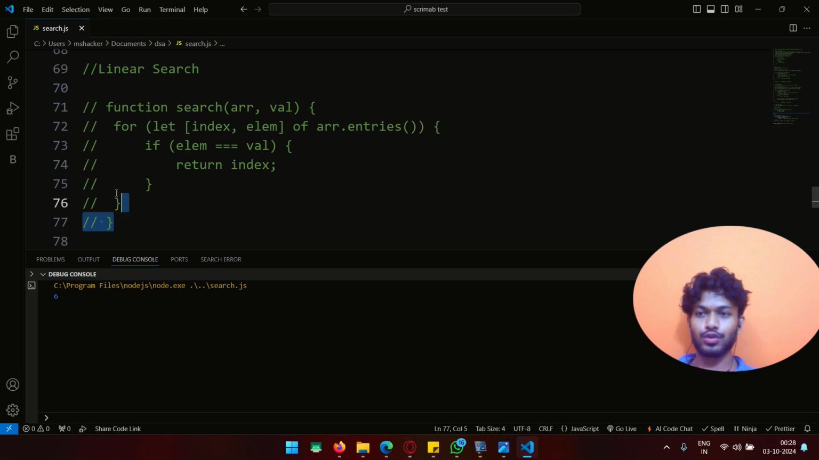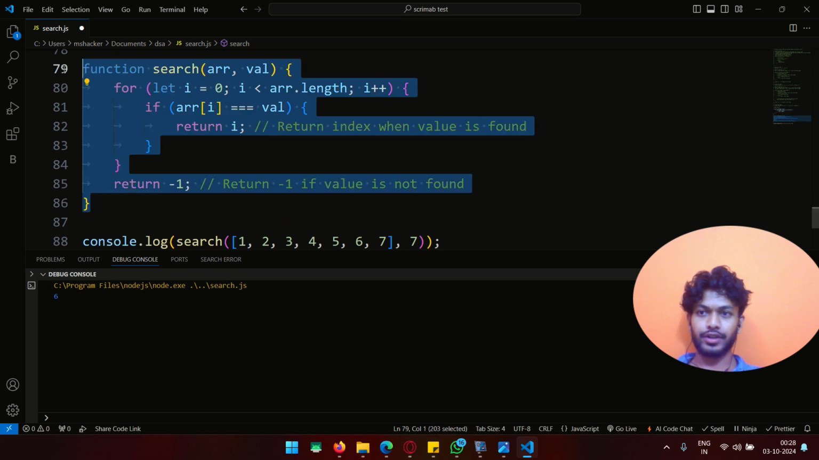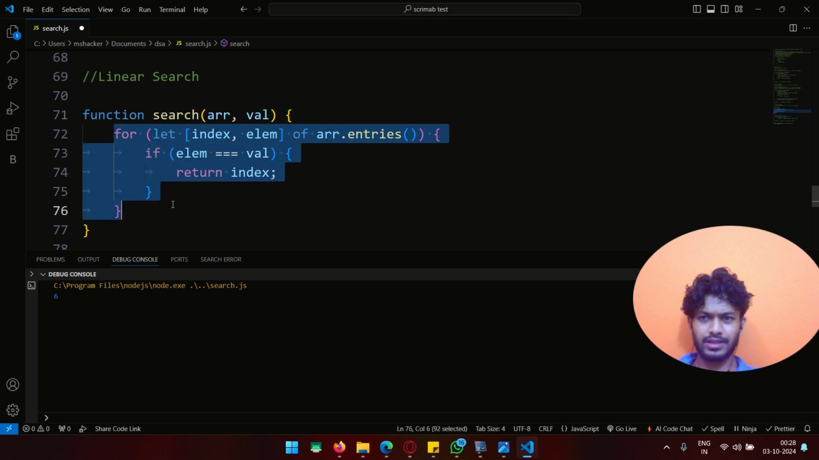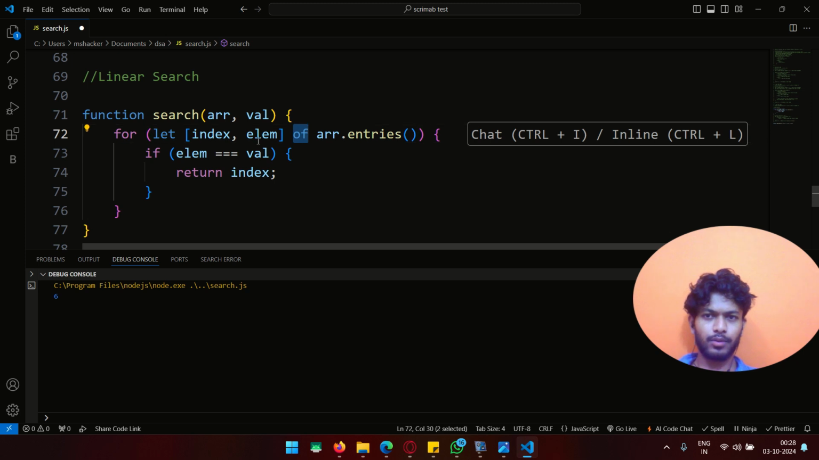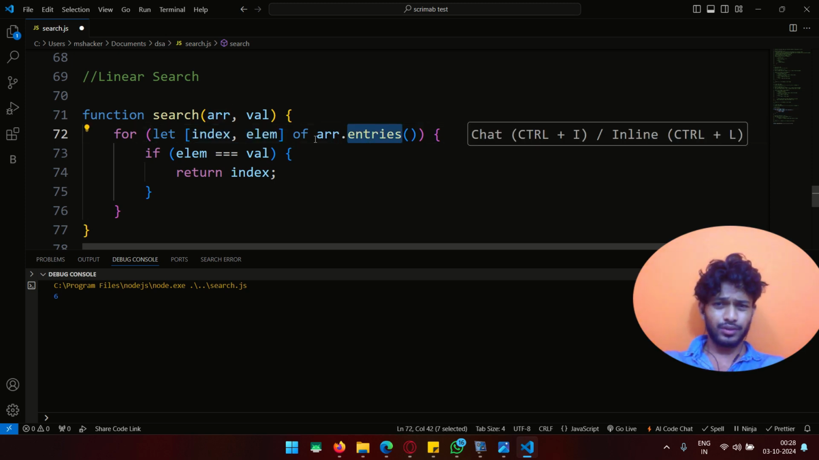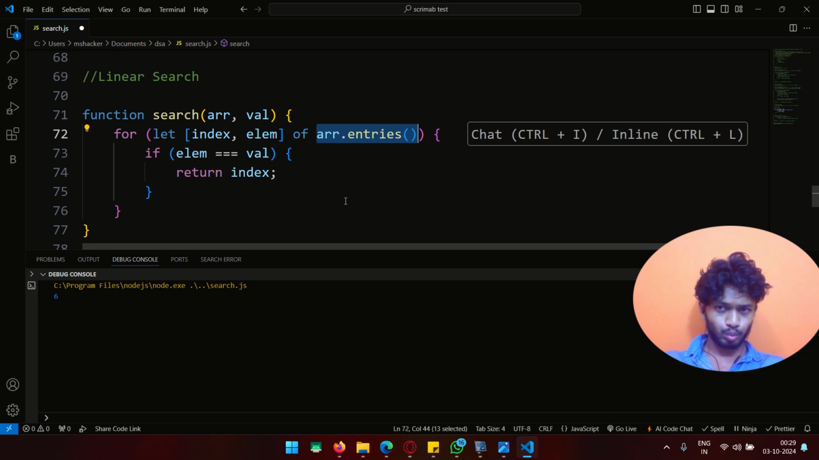So we have to use it like this. Let me comment out the traditional linear search and show you this one. It's similar, but the code changes here. You are using a for-of loop, but we have to take in an array of two values, index and element, and so basically array.entries creates